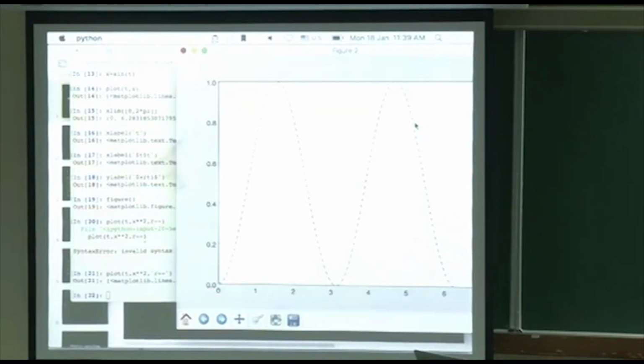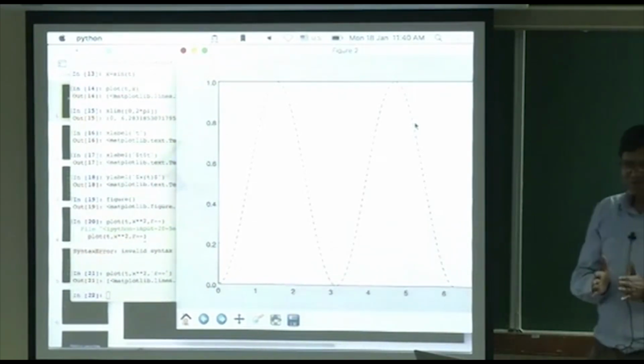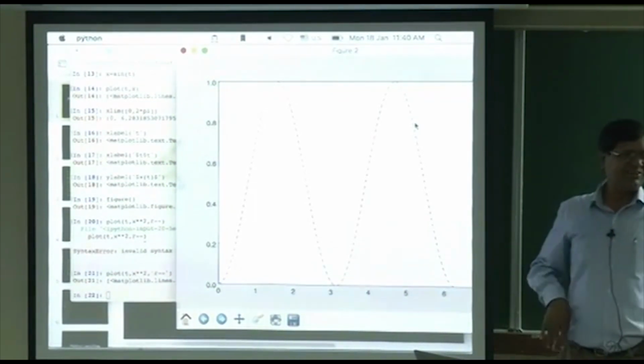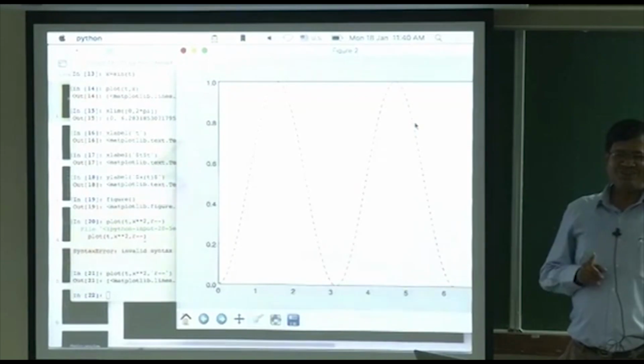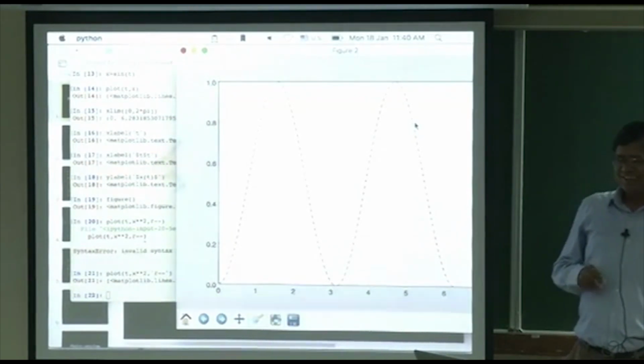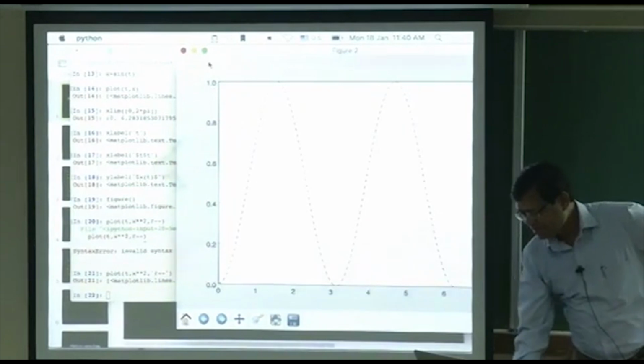So, you can do lot of stuff very simply. So, in your course, in quantum mechanics or something, you can simply plot, you do not need to believe the book, you can just see whether it is correct or not. Some book plots are wrong, okay. I can tell you that one. So, you can see yourself. So, this is how we do it,